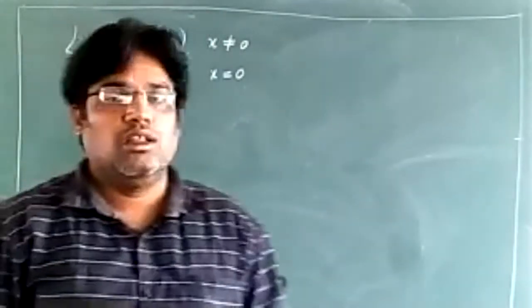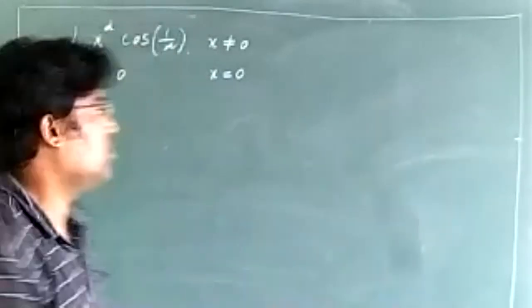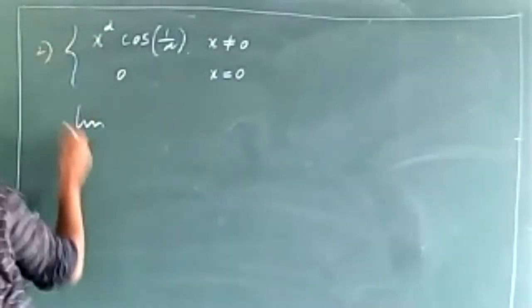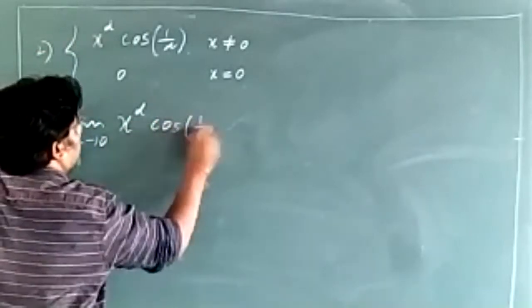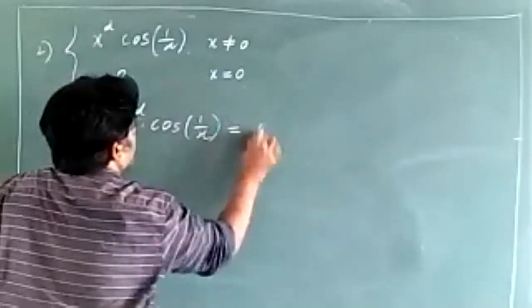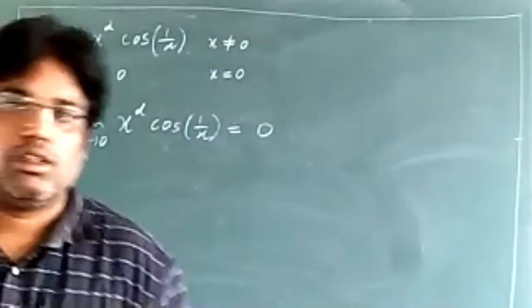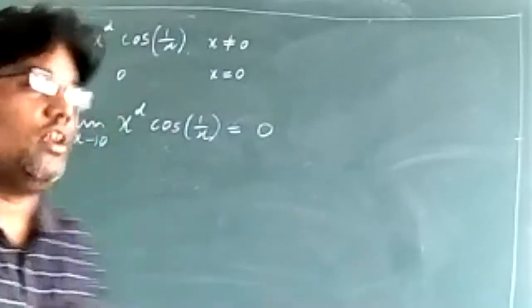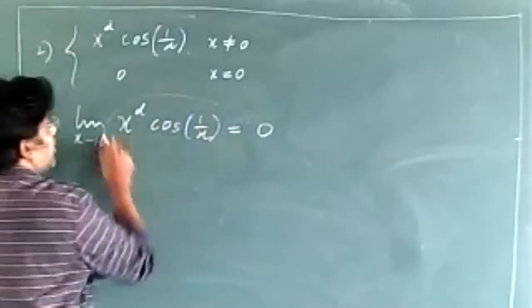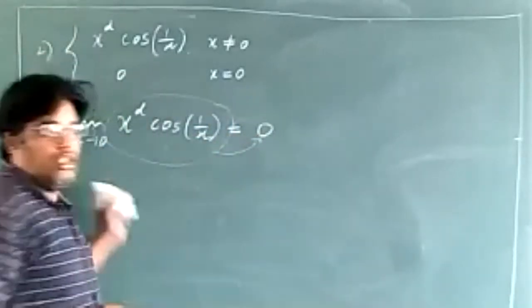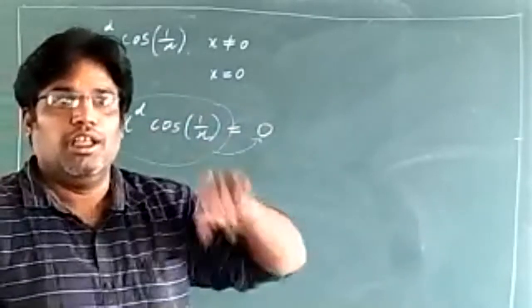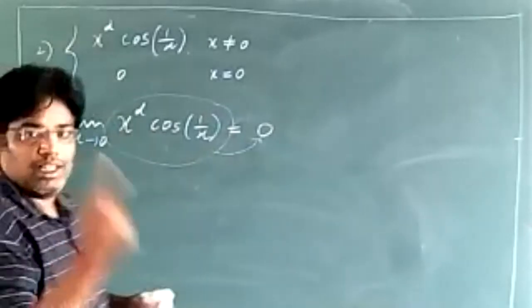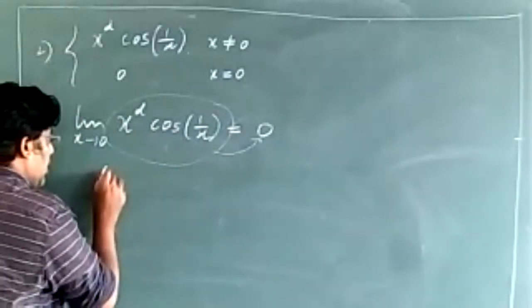Now look, they have declared that the function is continuous at x equal to 0. It means limit x tends to 0 of f of x, which is x power alpha into cos of 1 by x, is equal to f of 0, which is 0 because it is given that it is continuous. Now look at the options. This complete expression must be equal to 0. Correct? For what value of alpha will it be equal to 0, that's the question. Ignore it first, alpha less than 0. When you apply the limit, see what happens when alpha is greater than 0.